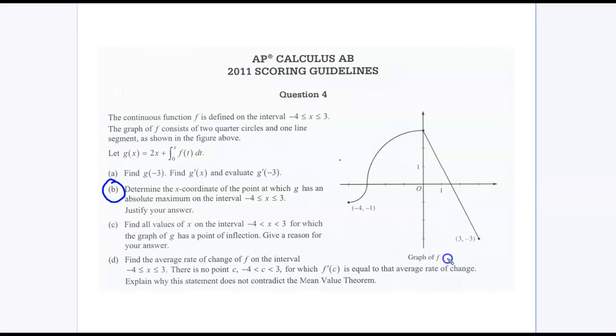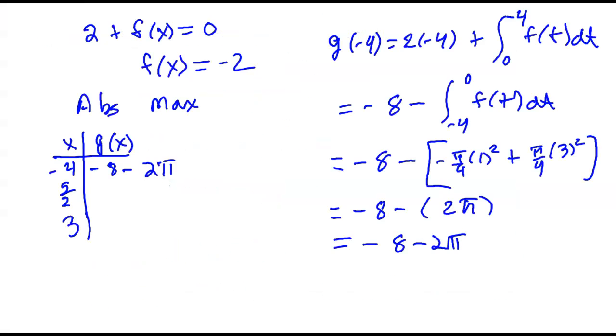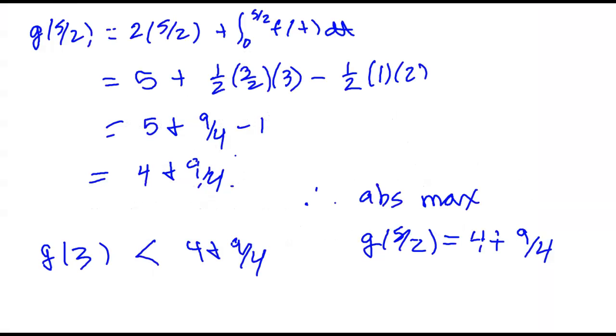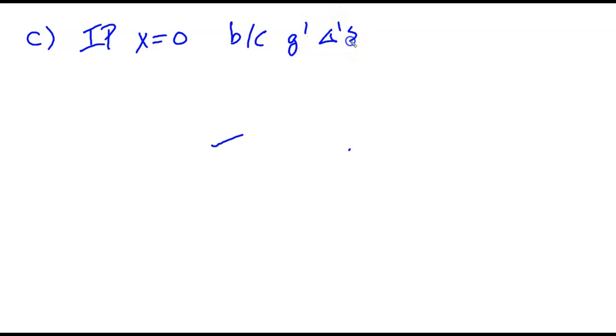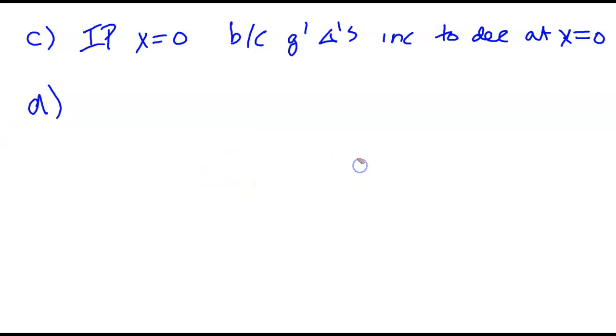Well, I have one place where my function does not have a derivative, and the derivative is undefined right there. So for part C, we can say that we have an inflection point at x equals 0 because g prime changes from increasing to decreasing at x equals 0. And finally, in part D,